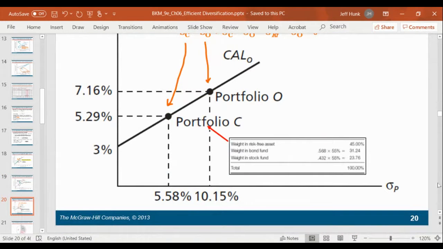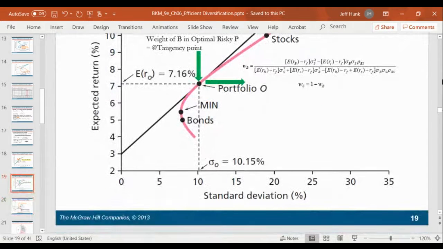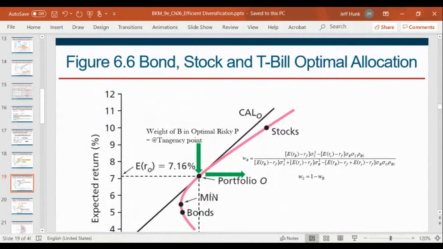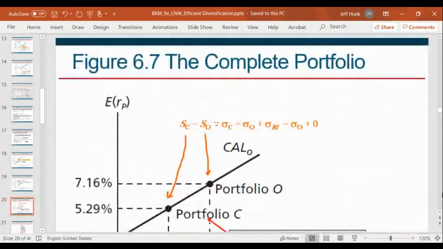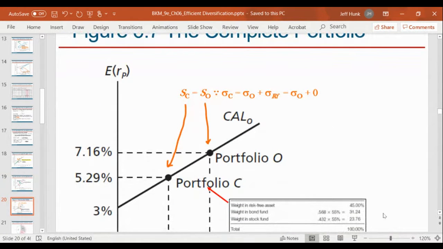And when we get the weight for our optimal portfolio,